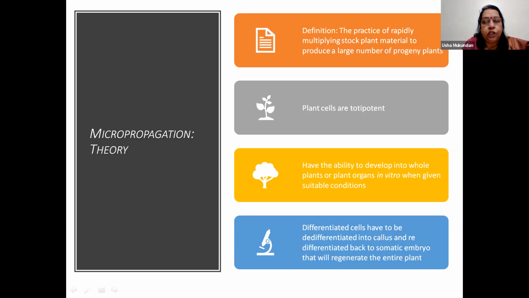So regeneration. When you have in vitro formation of an entire plant, you call that regeneration. So there are four important points which you have to notice. One is callus, an undifferentiated mass of cells. Second is organogenesis, where in vitro you get differentiation of organs, either root or shoots, then it is called organogenesis. But if you get an entire plant with a root and a shoot, then you call it regeneration.